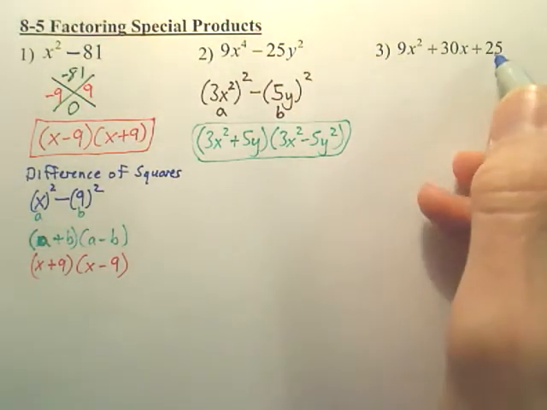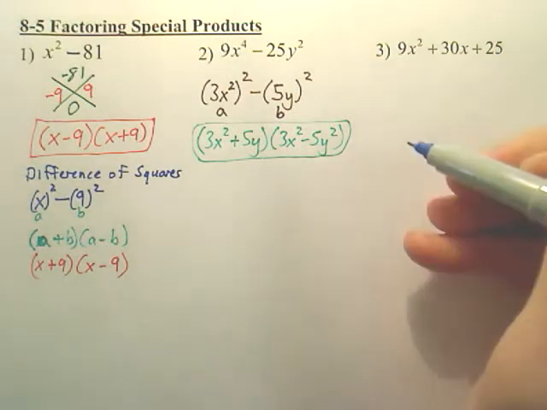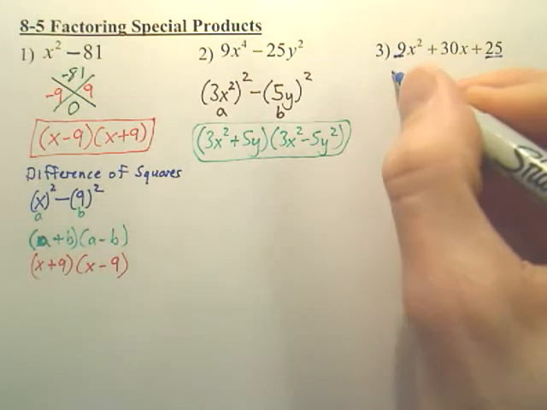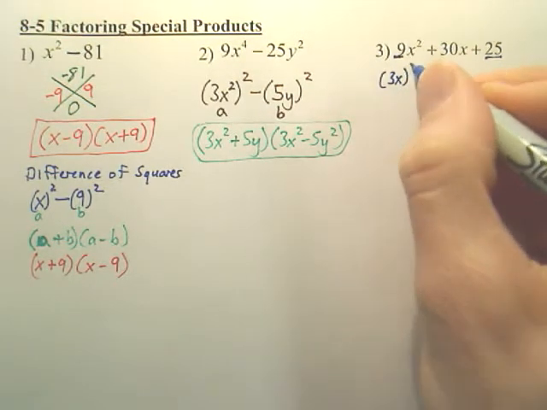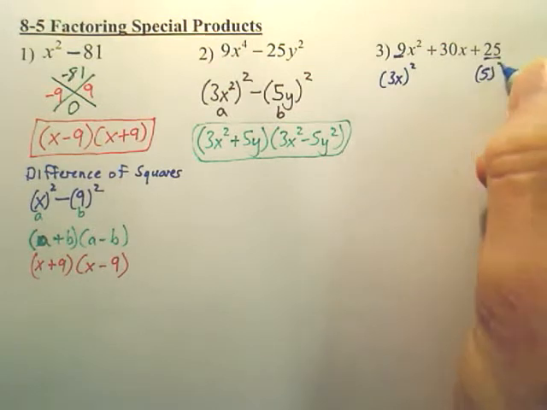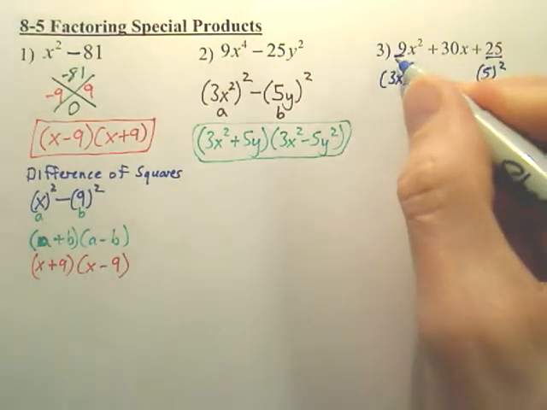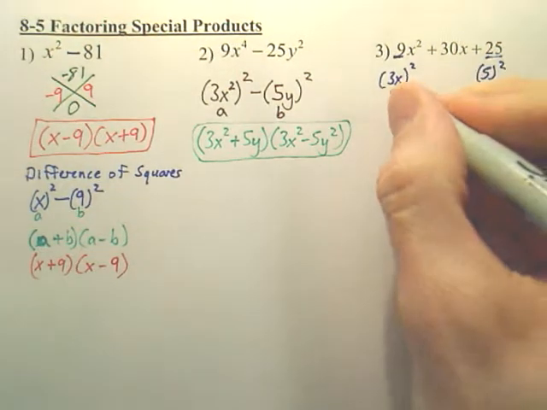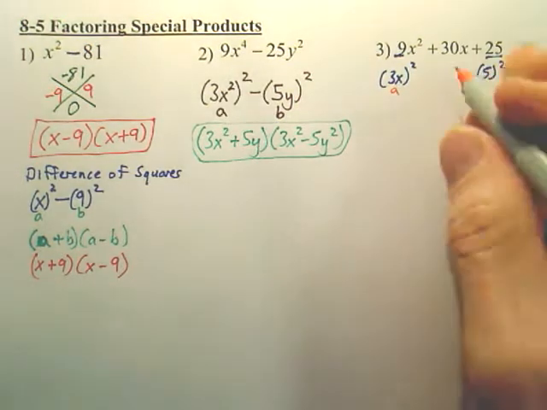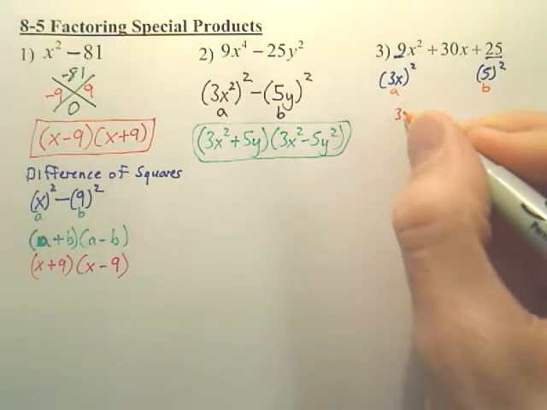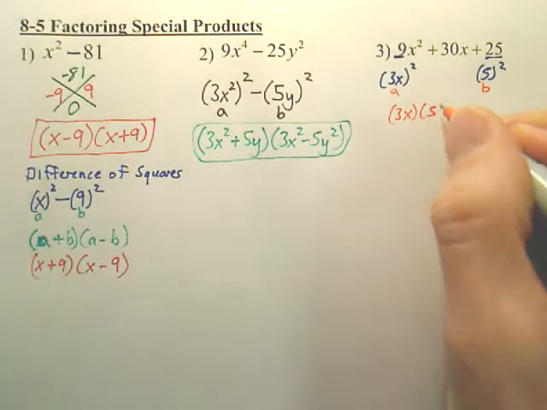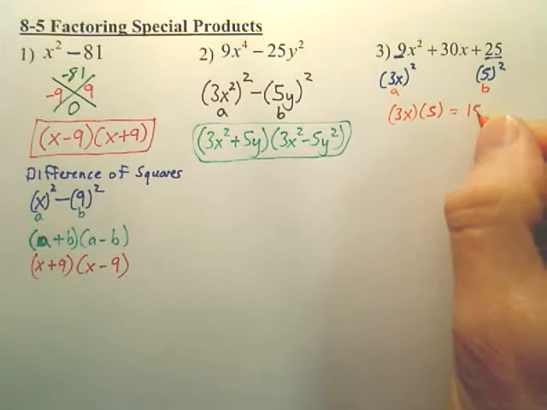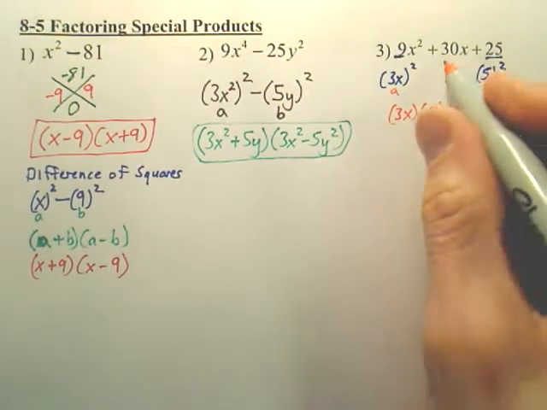Now you could multiply front and back, but that gets a really big number. This one's a little bit different. Now what you notice here, do you notice that both those are squared? This is 3x squared, and this is 5 squared. If you notice, those are both squared, okay? And then what you do is, just like here, you call this a, this b. If you take 3x times 5, you multiply these two, what you get here is 15x. If this is half of that,